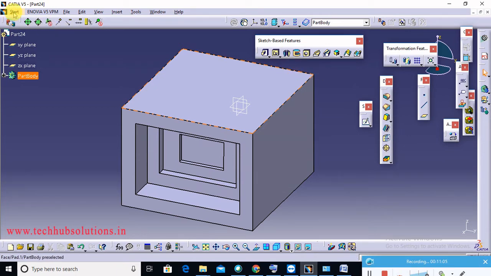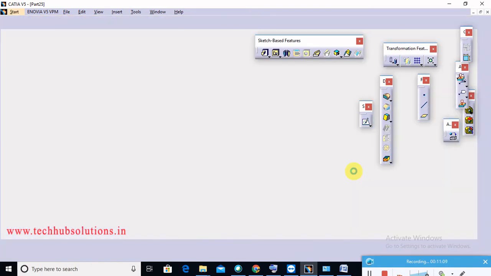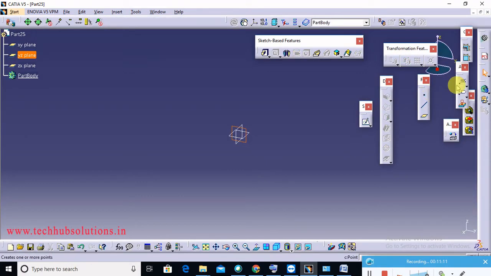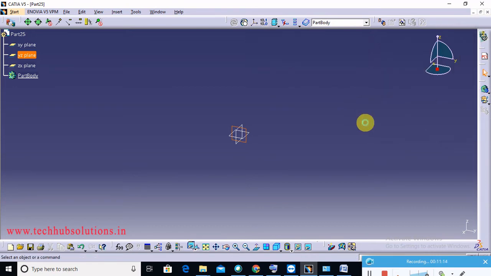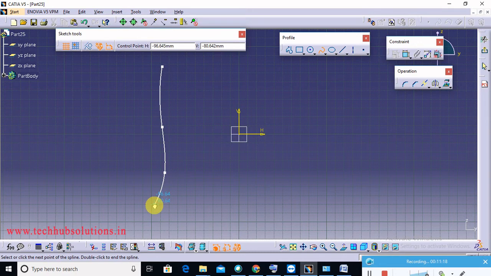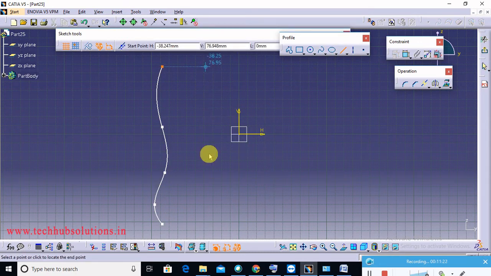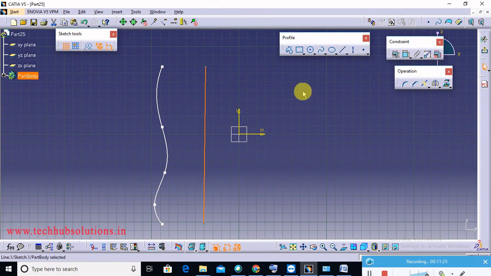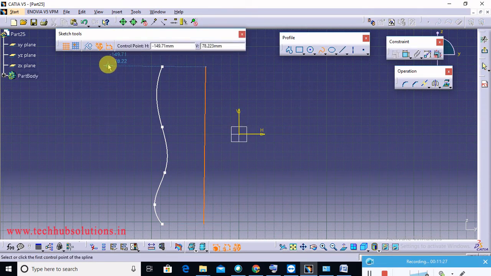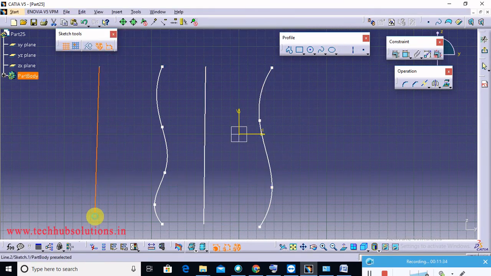Next one is, suppose you create part design here, choose the YZ plane and then create a spline here, then escape it, then create a line, then create also a line, then create also a line, exit workbench.